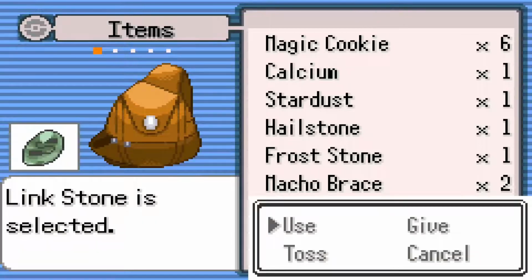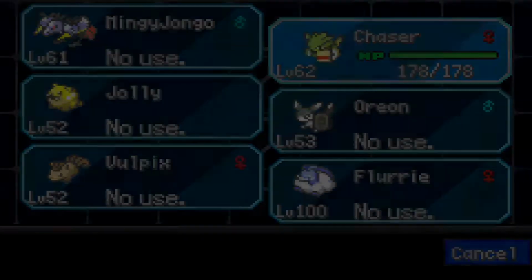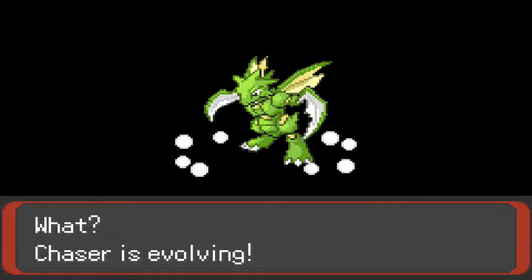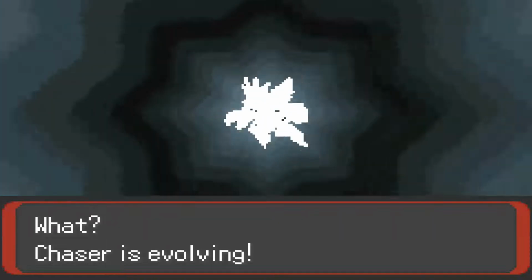I like it. It's a stone with a link cable on it. That's kind of awesome. Now, other games will just have you straight up use the metal coat on Scyther or Onyx, but in this game, you just straight up use a link stone, which can also be used to evolve like Haunter, Machoke,